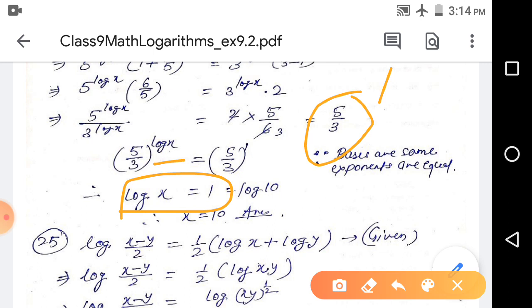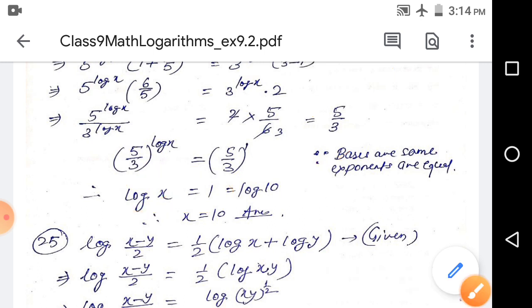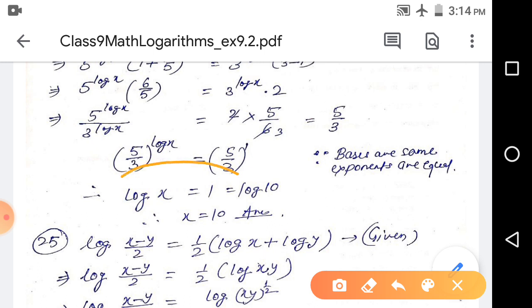Now I can't say that this one is the final answer, because we have to find out the value of x. For what value is log x equal to 1? See this line once again. Here we have log x equal to 1, so that means log base 10, because the base is not given. Whenever log base 10 of x is equal to 1, there is only one condition, this x must be 10. So we can say that log base 10 of 10 equals 1. So finally x equals 10. This is the only condition.